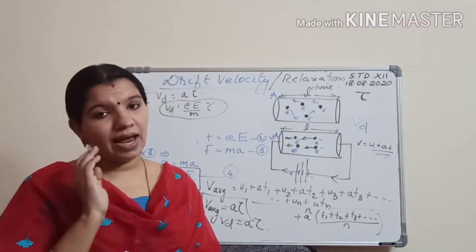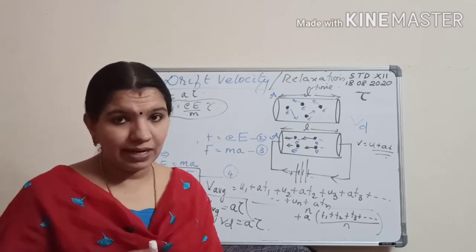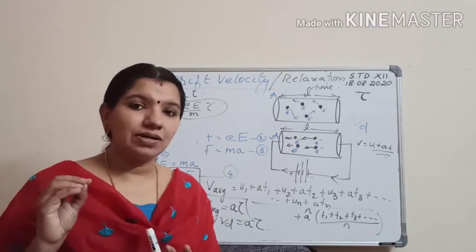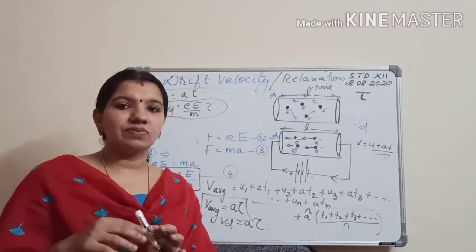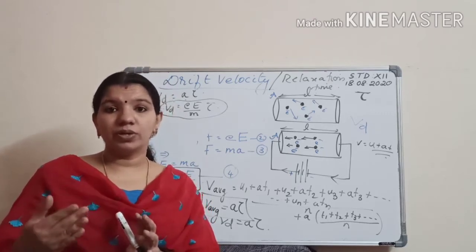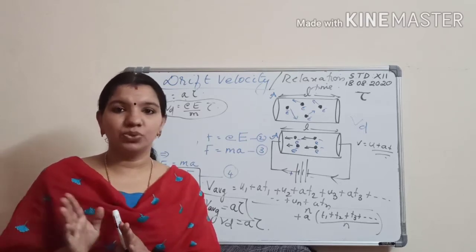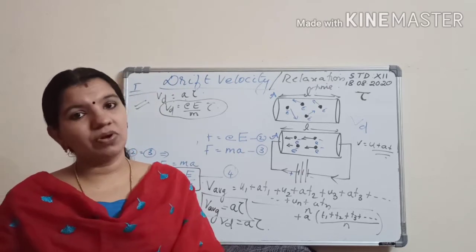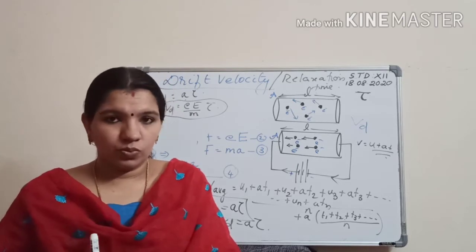Okay, how will you derive the expression? Actually, we are taking two cases: before applying the field and after applying the field. Before the field, you can say that electrons are in random motion inside a metallic conductor, so that the average of the velocities will turn out to be 0. Okay. So, if the initial velocities are u1, u2, u3, etc., you can take the equation as u1 plus u2 plus etc. to un divided by n. Why? Because we are taking the average. If there are n number of electrons, you have to divide it by n so that you are getting the average, which is equal to 0.